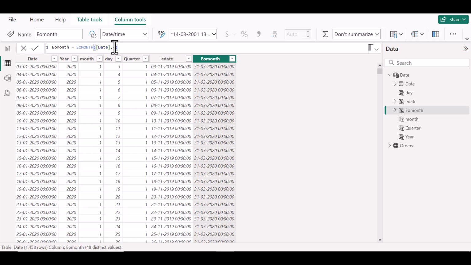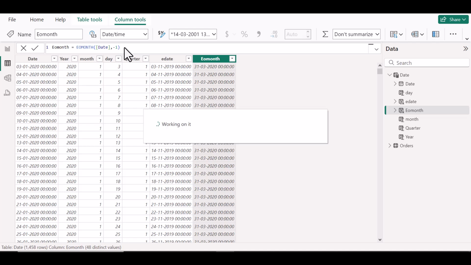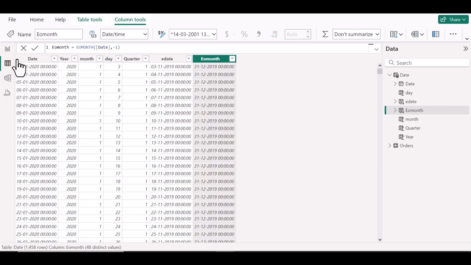What if I pass negative values to EOMONTH? It will shift the date towards the previous month and provide the last date of that particular month like this